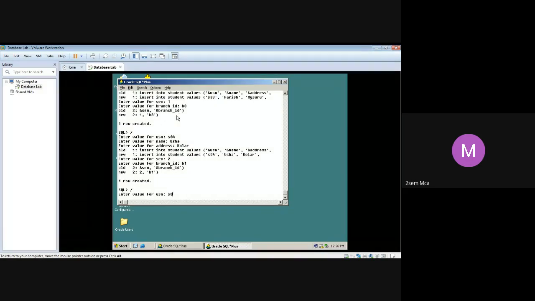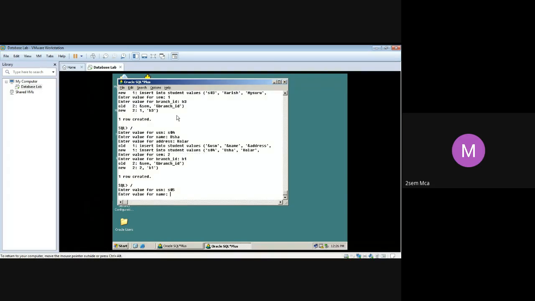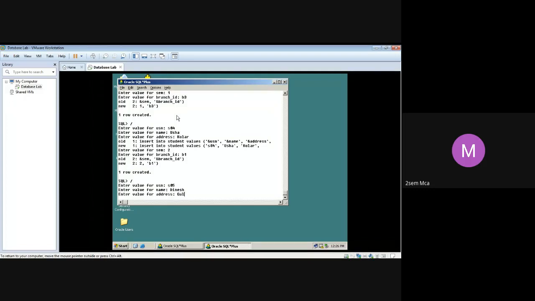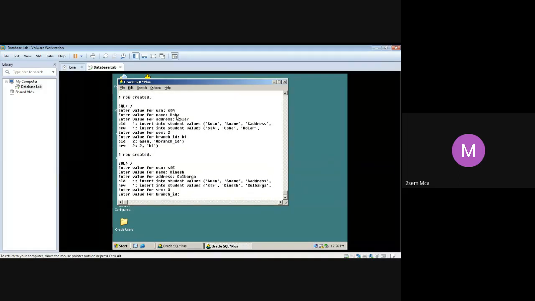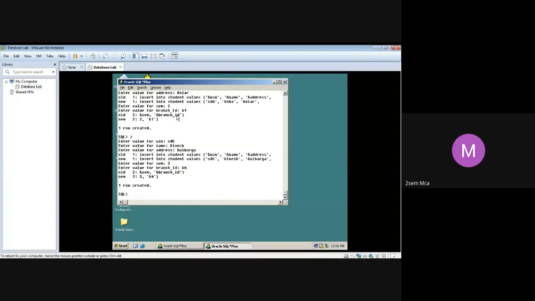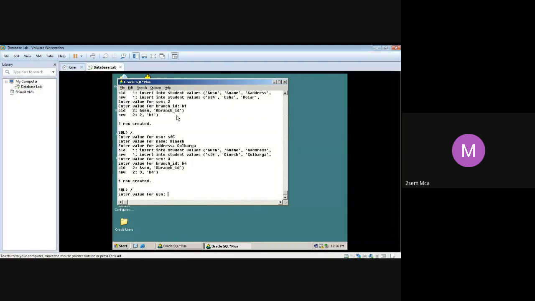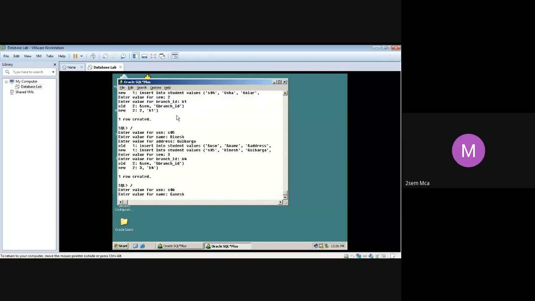Then S05. See, USN has to be unique. All the records' USN has to be unique because it is a primary key. Dinesh, Gulbarga, semester is 3, B4. USN is S06.